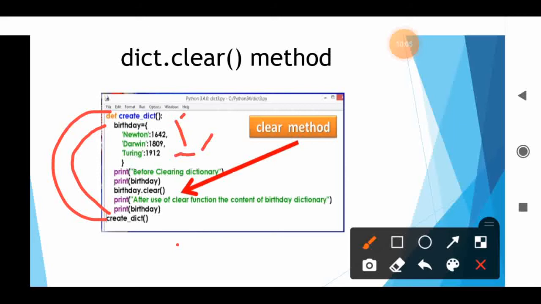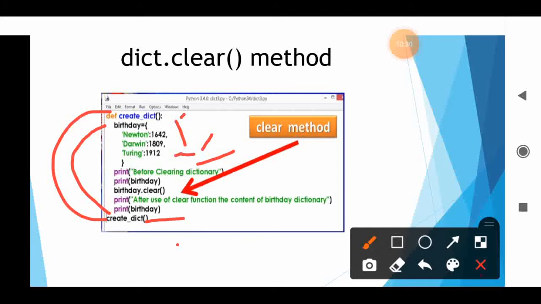So first we have created the birthday dictionary. The next is birthday dot clear. Before clearing, the statement will print the birthday dictionary. After that, the birthday dot clear method. The next is the print statement after use of the clear function, the content of the birthday dictionary. Now we are printing the birthday dictionary again.